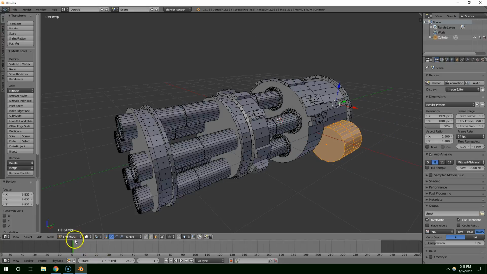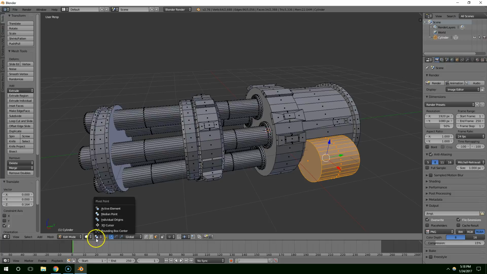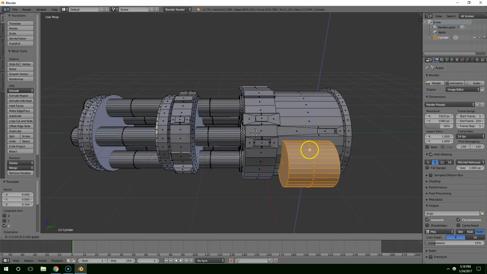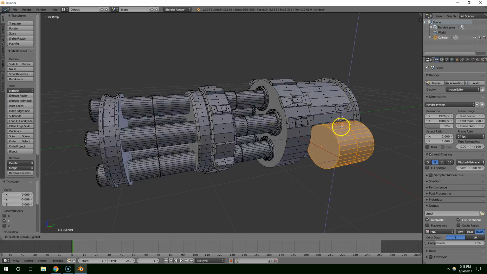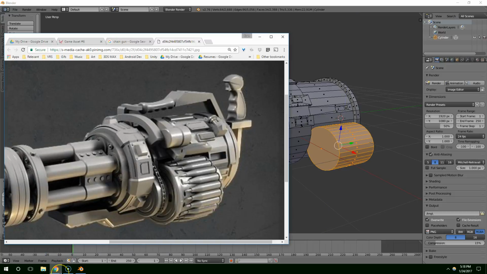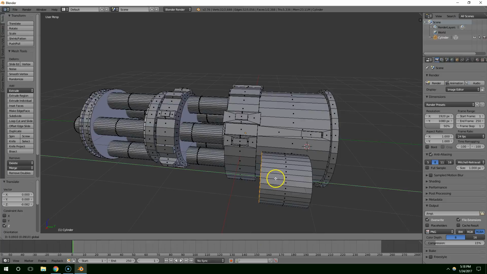Scale it down again. Alright, and then just make sure that your pivot point is back on median point. Makes things a little bit easier. Alright, then I'm going to click on this face, pull that back, extrude, right click, scale up,